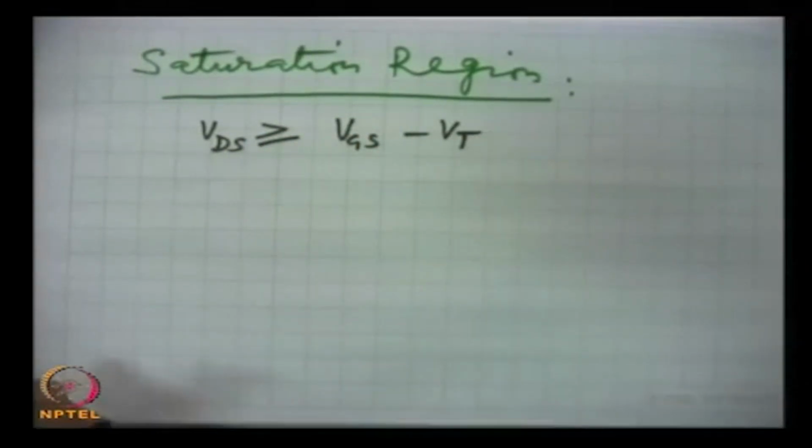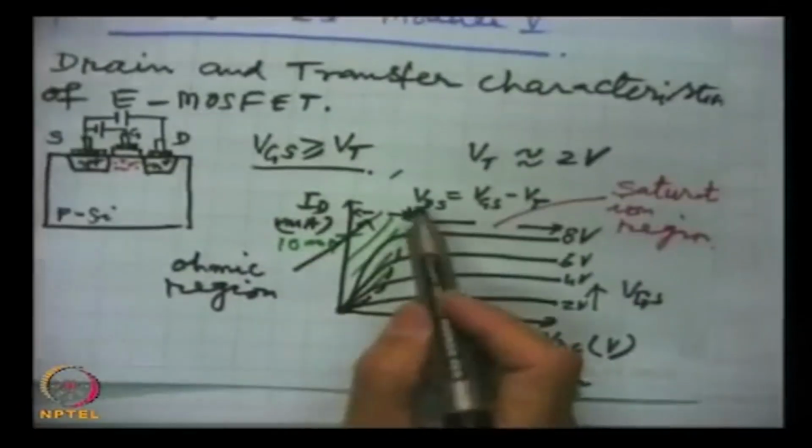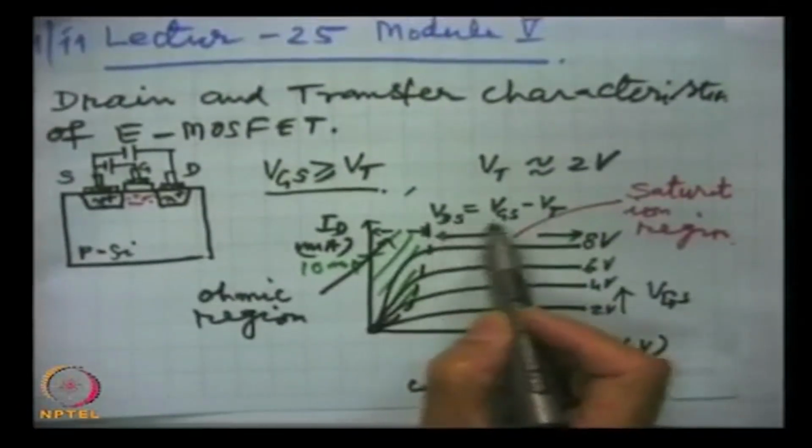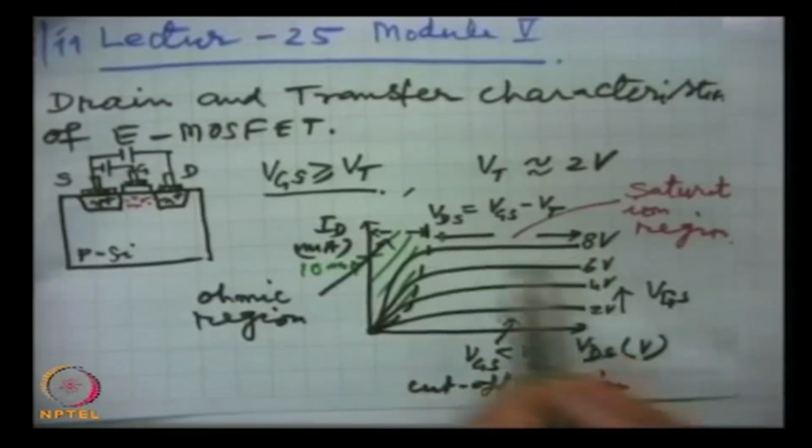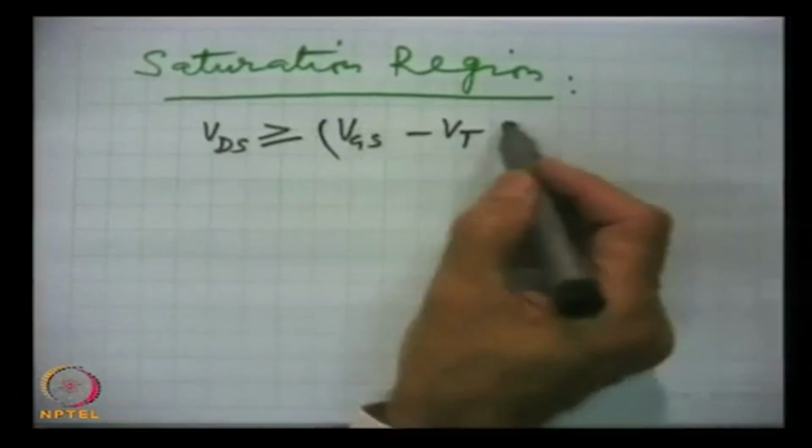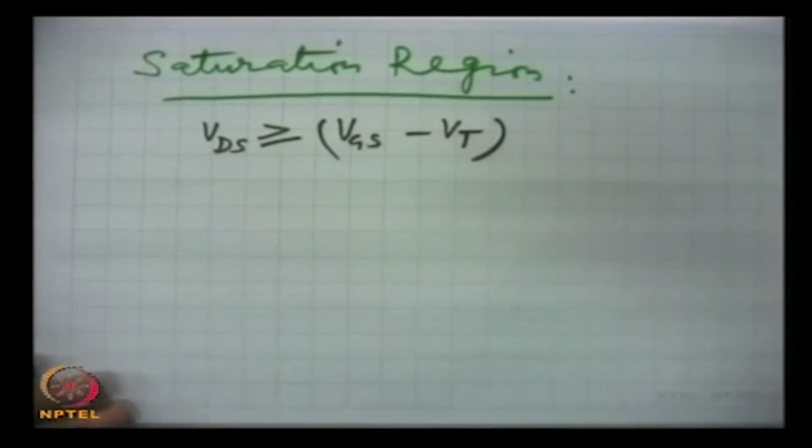This is the boundary, which is defined by this. So in the saturation region, VDS has to be greater than this parameter, and